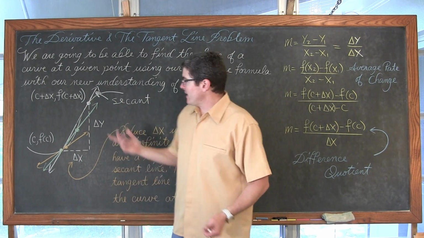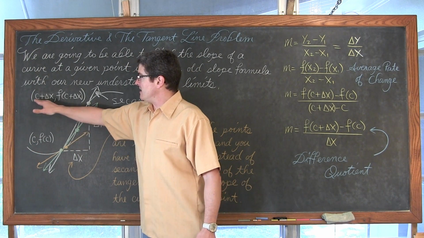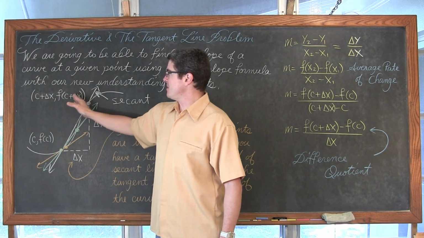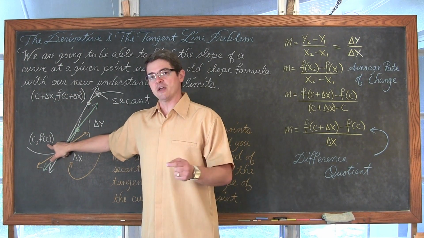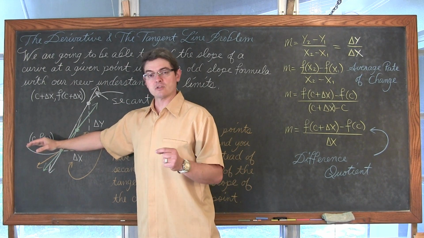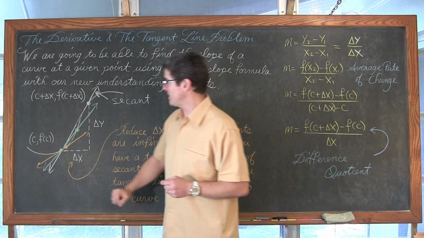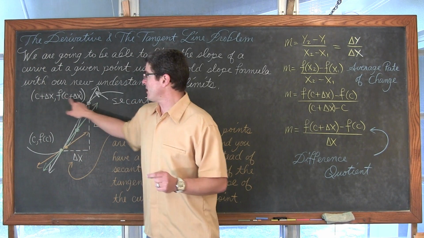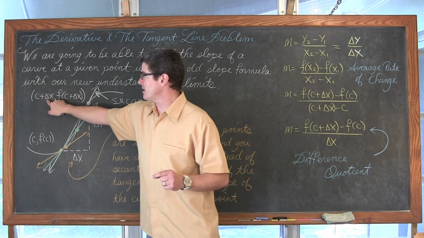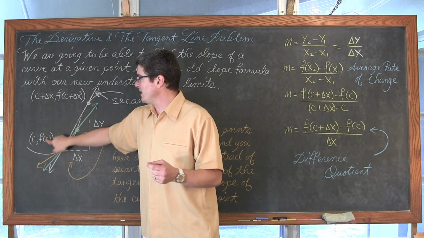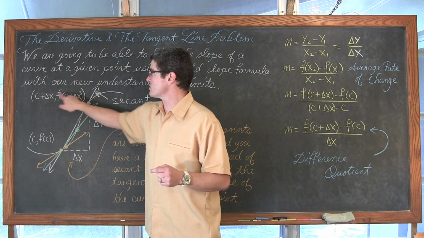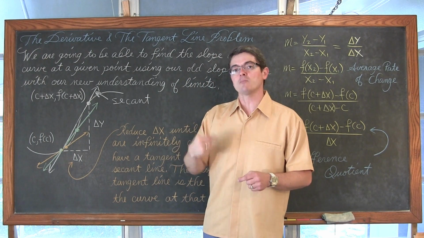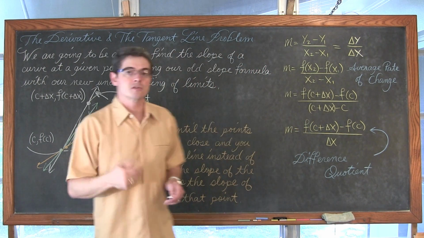Well, why do I have these specific labels of c, f of c, and c plus delta x, f of c plus delta x? Well, this point is fixed. We're going to basically write a formula. It's called the definition of the tangent, the definition for the slope of the tangent line, basically, and I want to find the slope of this curve at that point. So I want this point to be fixed, and I want this other point to have some identification that relates it to this point, so that I can then reduce that delta x to 0 and move that point closer to this one, getting a more and more accurate estimate of the slope of the tangent line.